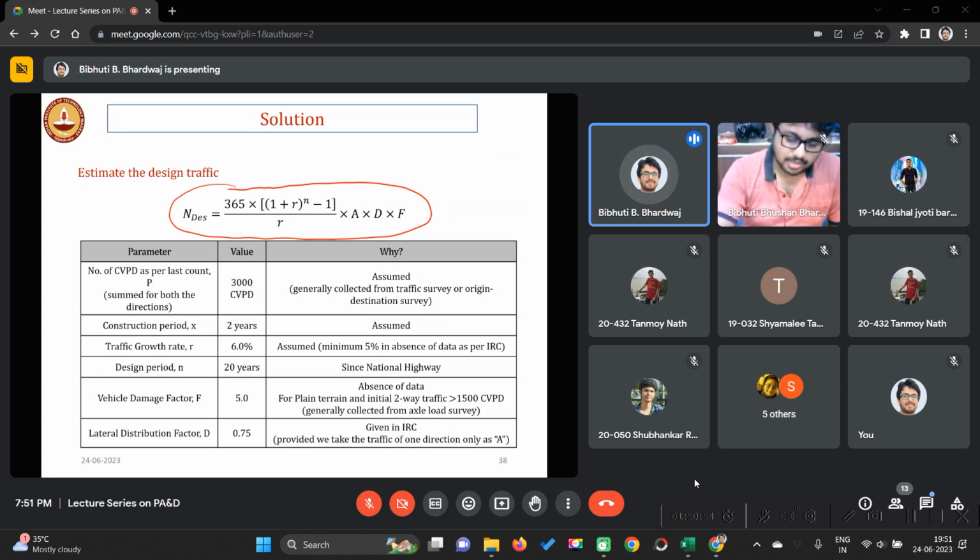it's calculated, we learned all the parameters one by one, so let's see ইয়াতে তোমাৰ কি কি দিয়া আছে কি কি এজিউম কৰিব পাৰা. So first a টোৰ কাৰণে তোমাৰ p লাগে 1 plus r to the power x, right. ইয়াতে তোমাৰ p আৰু x টো তুমি এজিউম কৰিব পাৰা, 2 years to এজিউম কৰিছো. Okay, then p টো তোমাৰ দিয়া নাই but generally it needs to be collected from traffic survey or origin destination survey যদি